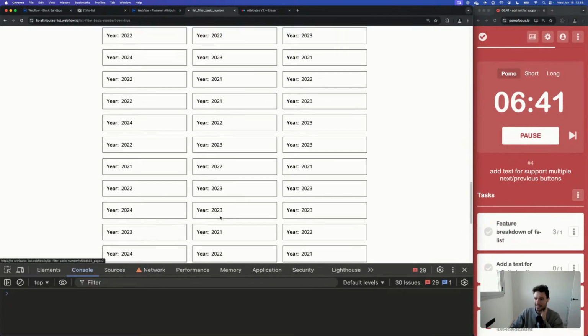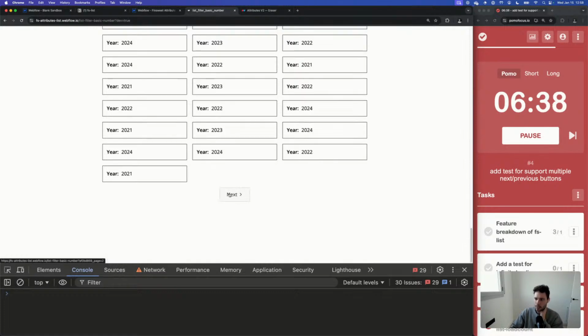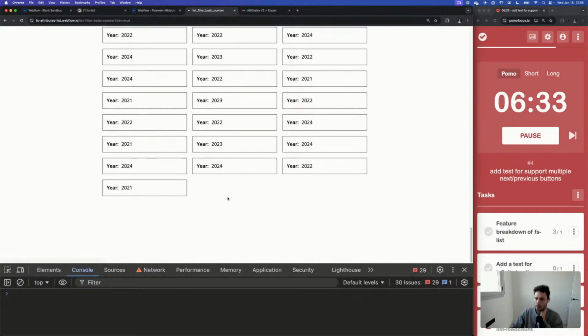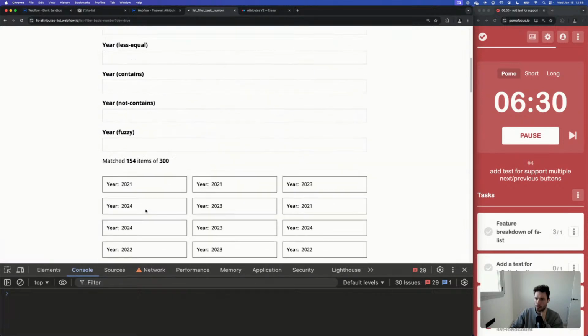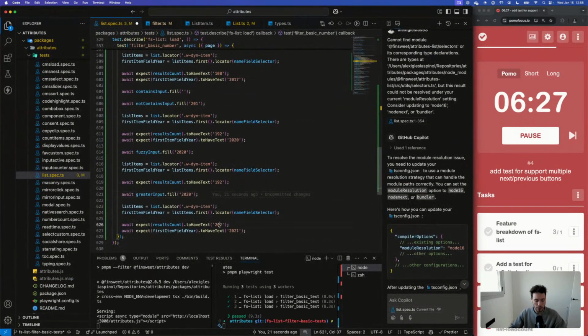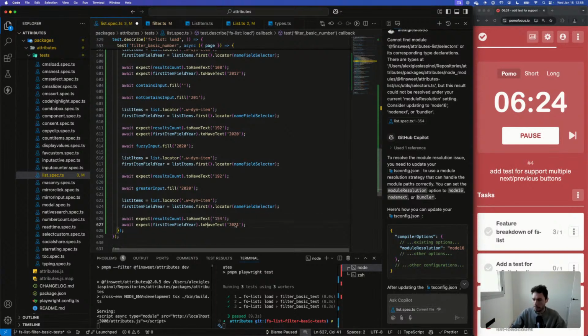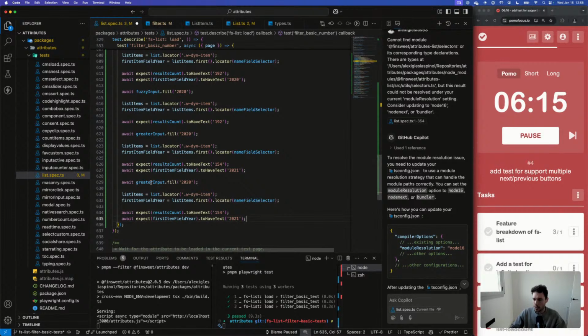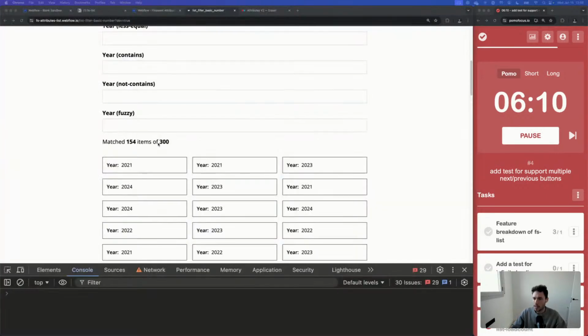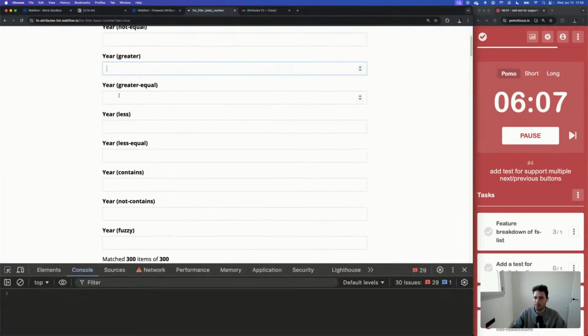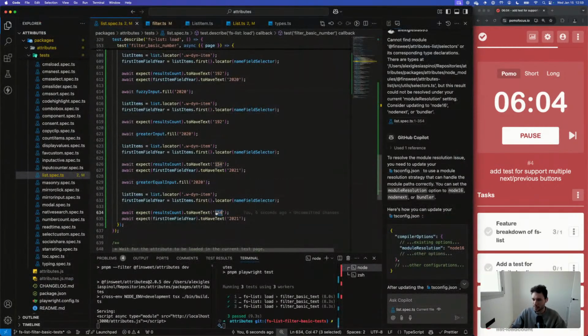So essentially all the items above 2020, excluding 2020. Okay, 154. And the first one should have 2021. Okay, great. Then let's do the same thing for the greater equal input. If I'm not mistaken, it should be 192. Yes, 192. And the first one should be 2020.